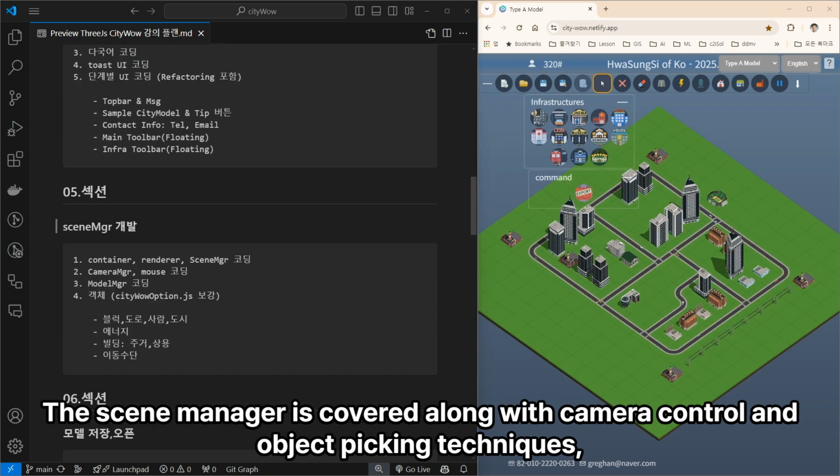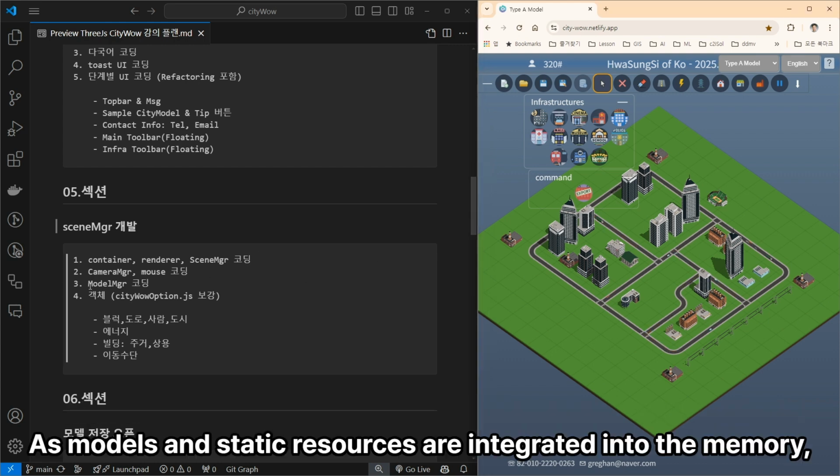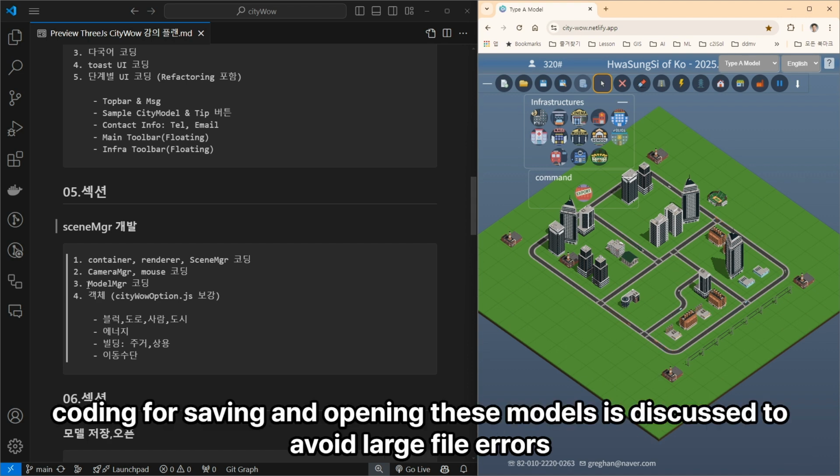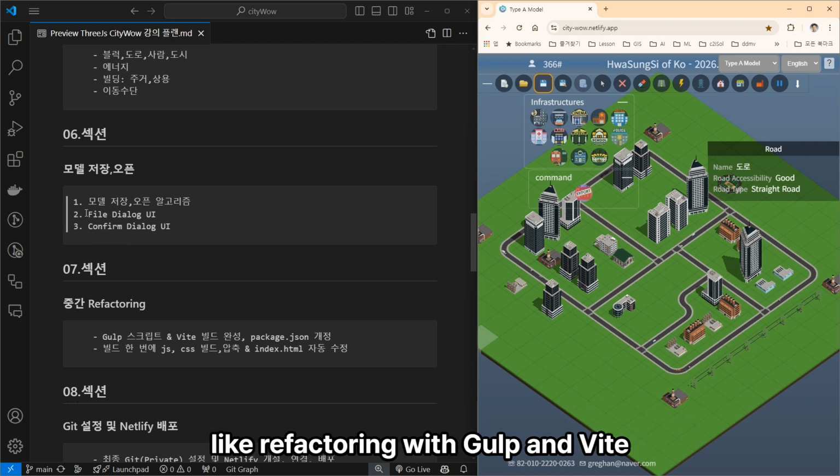The scene manager is covered along with camera control and object picking techniques, which are essential for handling 3D elements in programs like Three.js. As models and static resources are integrated into the memory, coding for saving and opening these models is discussed to avoid large file errors. The script includes building UI elements for file and confirm dialogues, alongside a focus on coding practices, like refactoring with